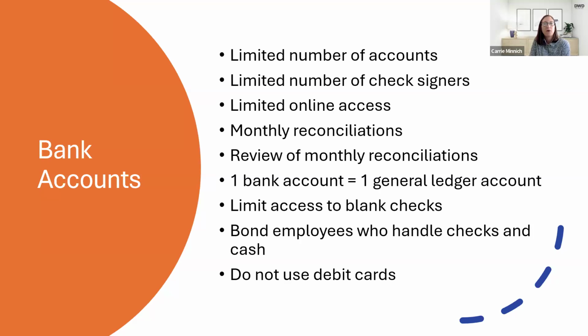All right. One bank account equals one general ledger account. So we've seen sometimes where we have multiple general ledger accounts get added together to equal one bank account. Sometimes people try to do this if they're trying to track restricted cash or cash balances for a specific grant. It's much easier and less risky if you have one bank account to one general ledger account. When you have multiple general ledger accounts, you're going to have increased risk as transactions between the different general ledger accounts. It's just going to be harder to reconcile as well. So we always like to do one bank rec, one GL account.